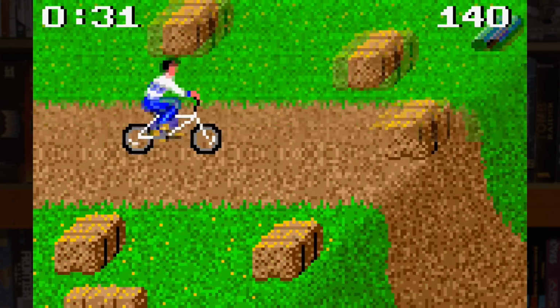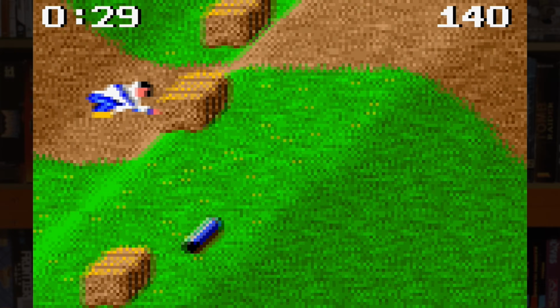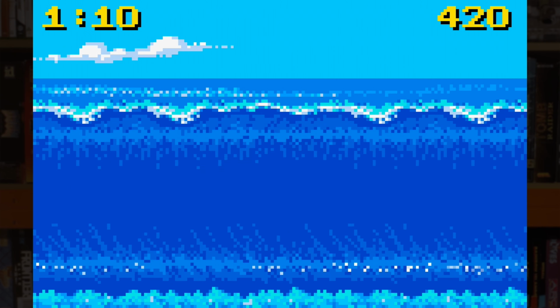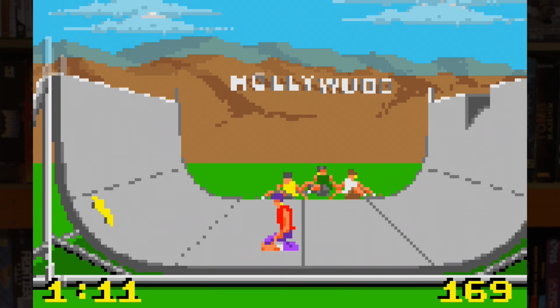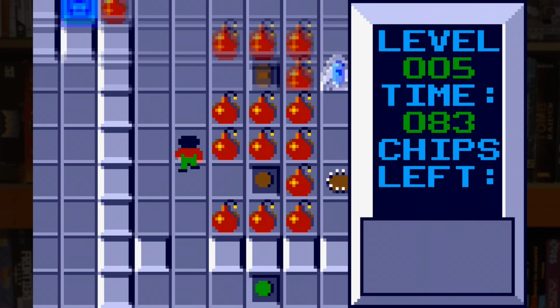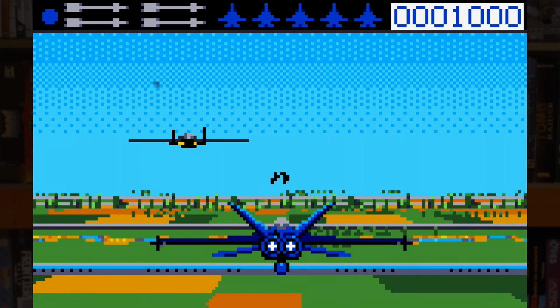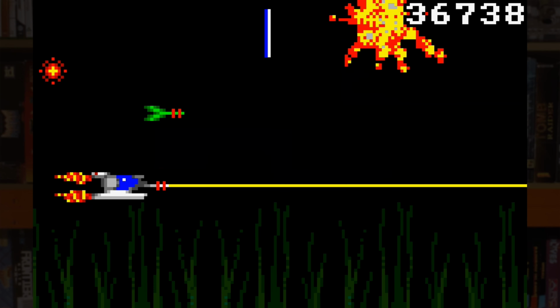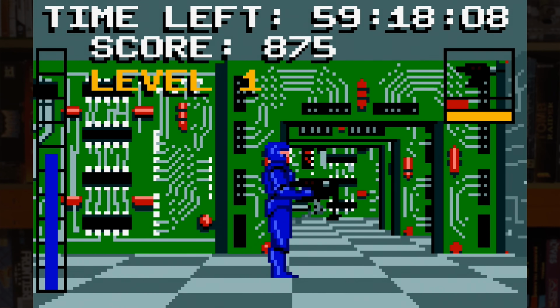At the time, the Lynx was praised for its strong hardware sprite manipulation and pseudo 3D capabilities, as well as its strong launch lineup of games that included California Games, which I'm still completely terrible at, classic puzzler Chip's Challenge, which you may remember from the later Windows 3.1 port, the Afterburner-esque Blue Lightning, which of course would also later come to the Jag, the super smooth side-scrolling shooter Gates of Zendocon, and the graphically impressive Electrocop, which I'm also